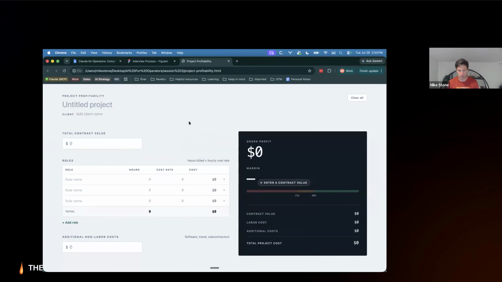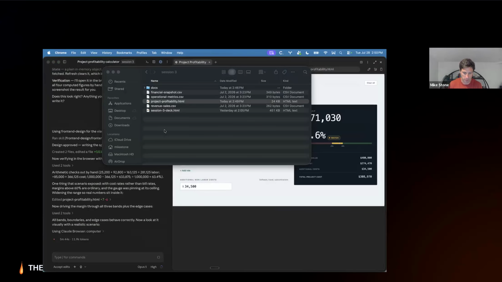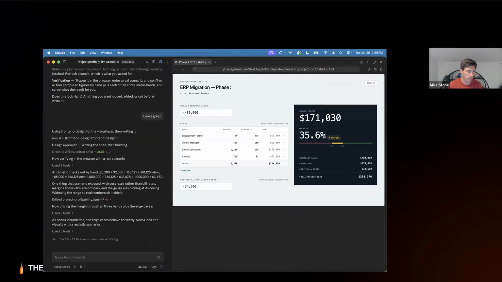And this is what we just created. I'm going to stick to the in Claude view of this, but just wanted to illustrate that we can open that up in a browser as well.